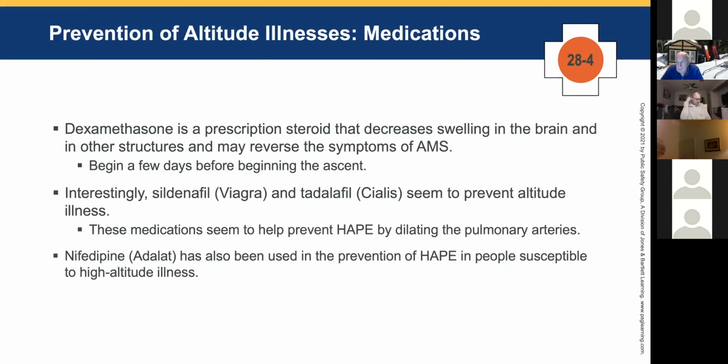Whatever your findings on the pulse ox, if you have a low finding, then it's more than just AMS, acute mountain sickness. If you find a low pulse ox, I would think that you're getting into pulmonary edema, so you want to listen to your lung sounds. Usually if you have these vague symptoms with a patient that has no trauma, altitude, if you give them oxygen, they start to feel better.